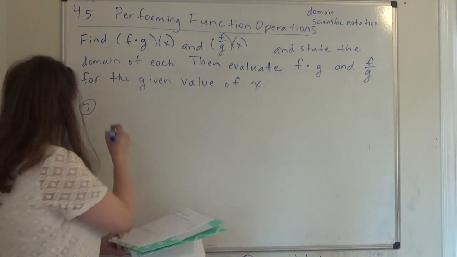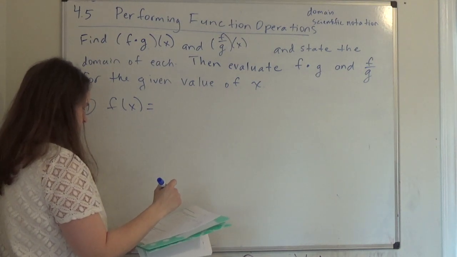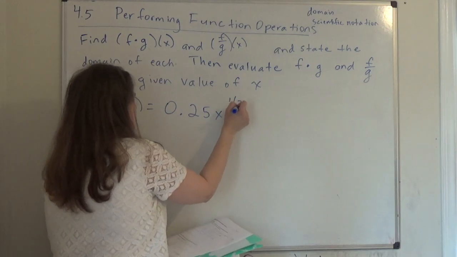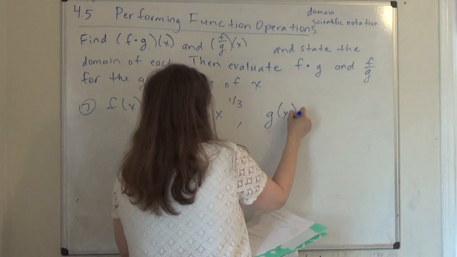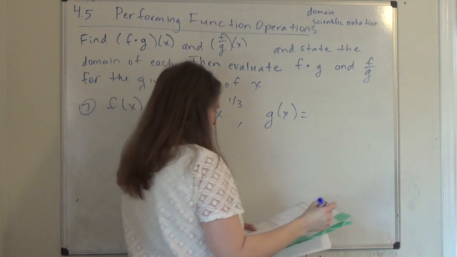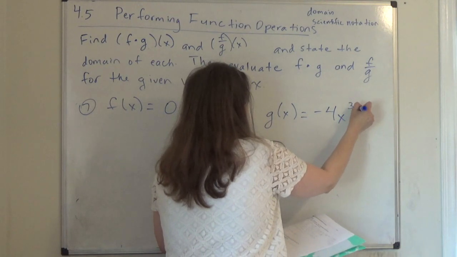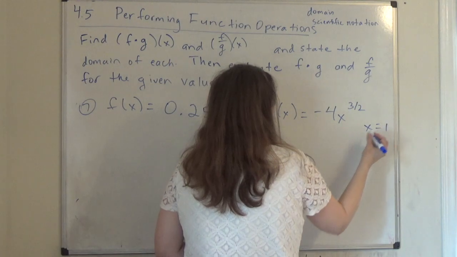So f of x equals 0.25 x to the 1/3 power. G of x equals negative 4x to the 3/2 power. We have to evaluate for x equal 1. Okay,